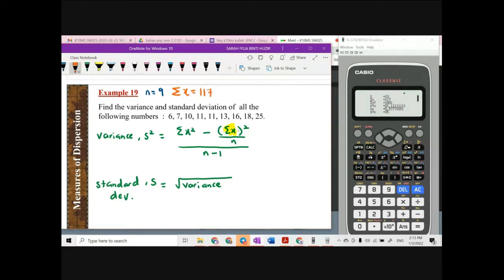Okay. Next one would be summation of X squared. Itu yang kita nak pakai kat bahagian depan ni nanti. Saya highlight color biru. So, saya copy lah. Summation of X squared is 1801. Okay. Settle. Okay, kalau kita tengok yang bawah-bawah tu, is actually we have the final answer for variance and standard